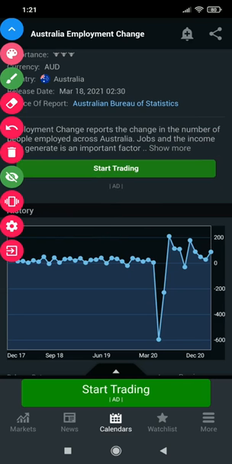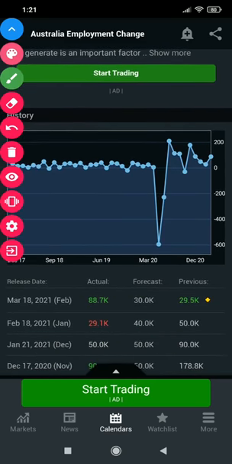And for this one, you'll have to revisit the beginner lessons on the investing.com app, how to understand how the actual reading interacts with the forecast or the consensus, and also the previous, how they affect each other. There was a full lesson there which explains the details very well. So for this one, we'll be looking at the forecast and also the strength of the turn, as I mentioned.